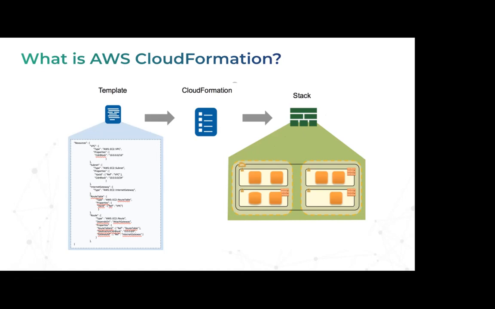Now you take this template, upload it to the CloudFormation service, and CloudFormation executes that template and creates a stack from it. So when the stack is successfully deployed, you will see the SQS, Lambda, and S3 live on the AWS console. That set of resources is called a stack. So that's the three basic concepts: template, CloudFormation, and stack, which we'll learn in detail as we move forward.